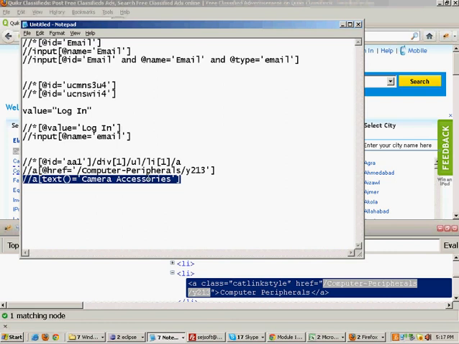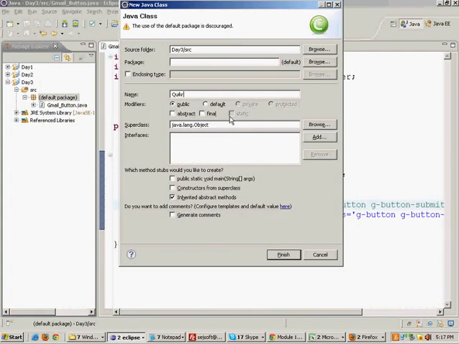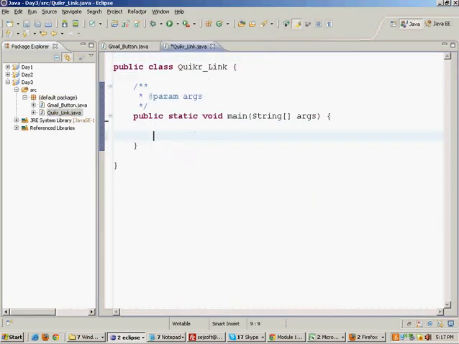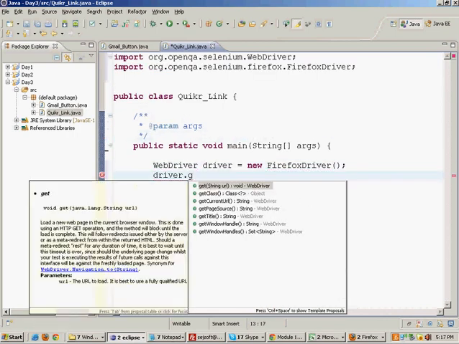Let's try this out. I'll copy this and go to my Eclipse and make a class called quicker link. Write WebDriver driver equals Firefox driver, Control Shift O, driver dot get.